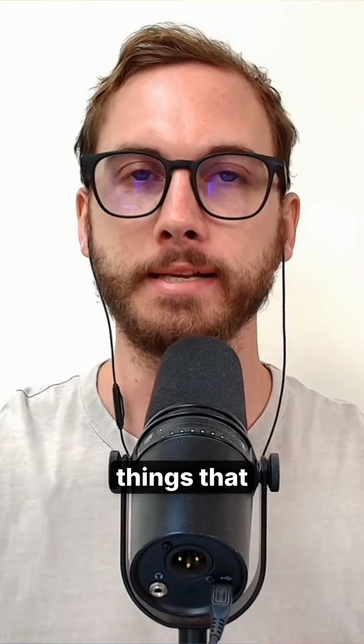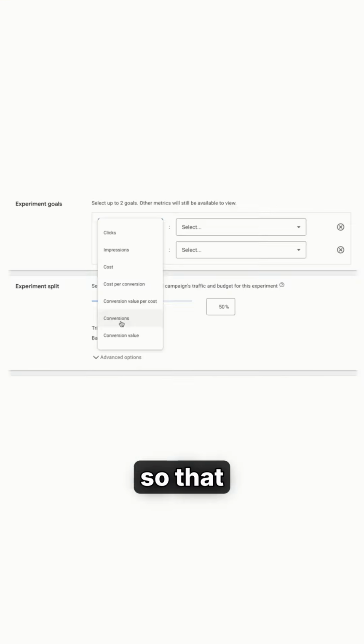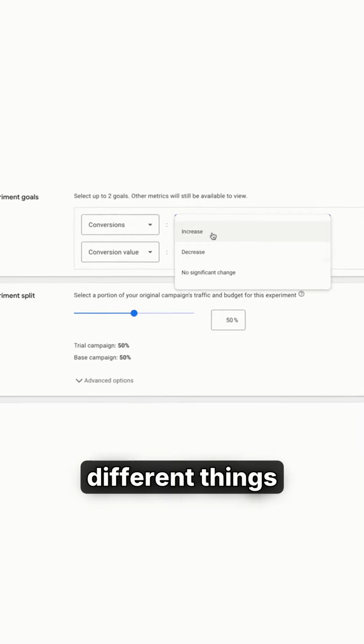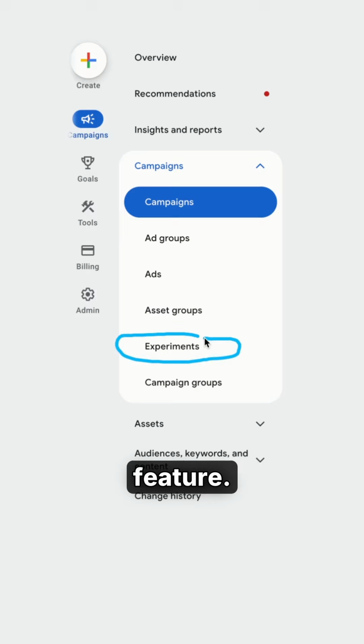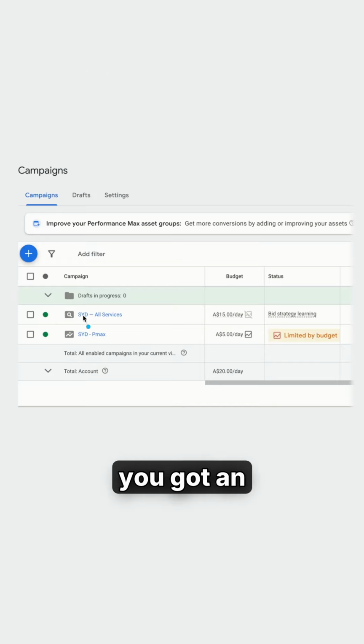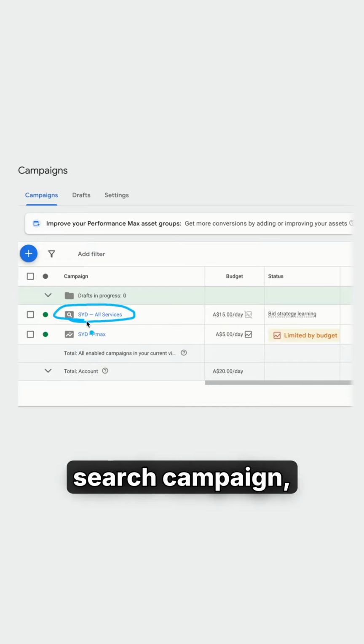Experiments are one of those things that you need to do very regularly so that you can constantly test different things to see if it works. When you expand the campaigns, you'll be able to see this experiments feature. So what you need to do, let's say you got an existing campaign, it's a search campaign, click over to